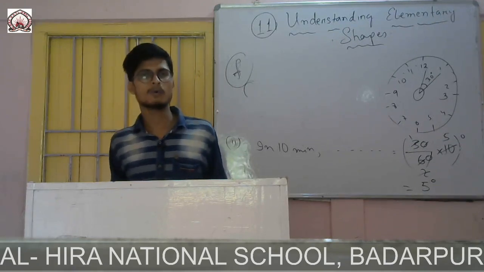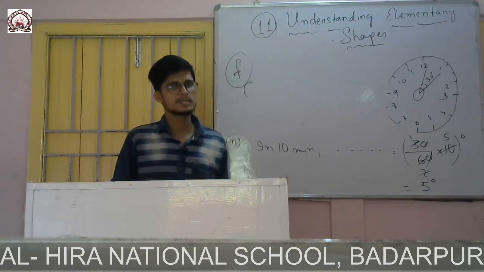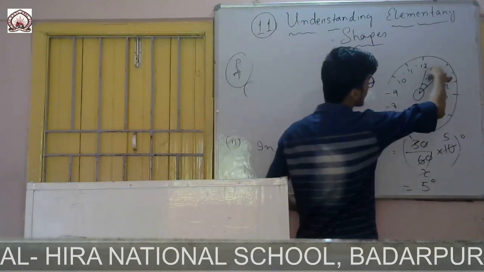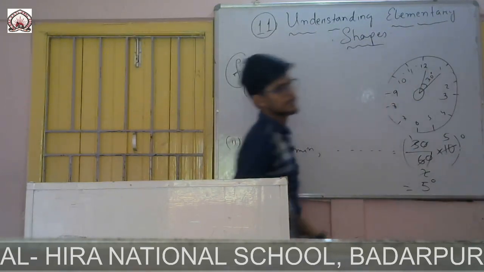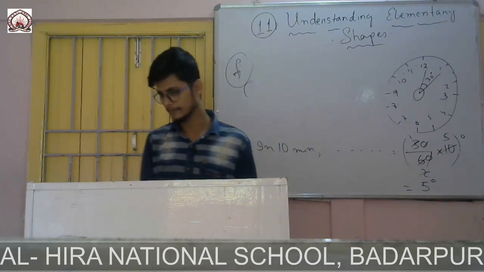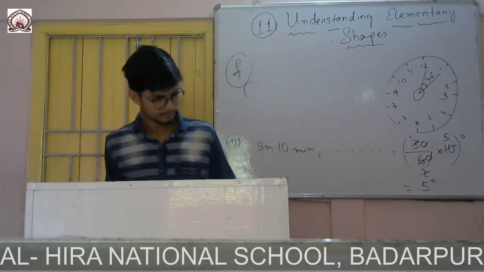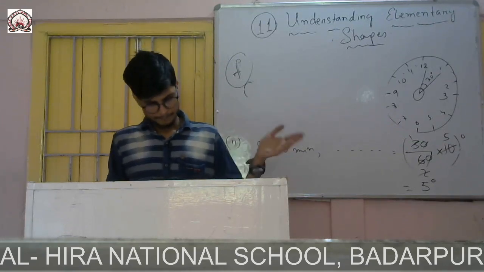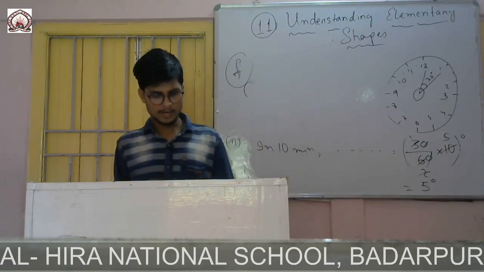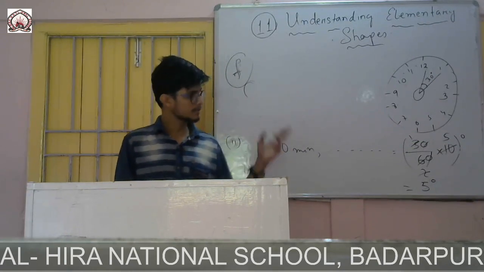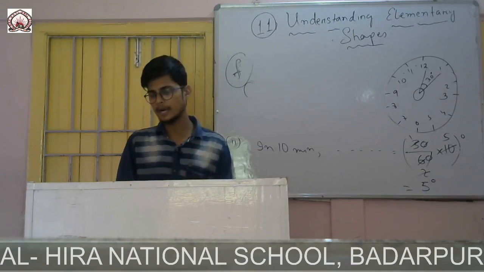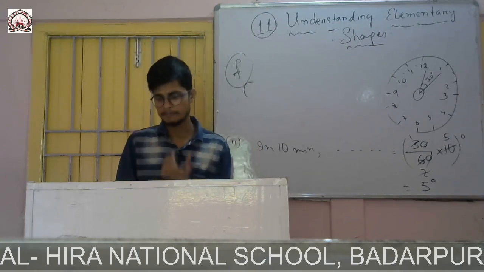And then for 2 hours, first of all you convert easily. For 2 hours you can find easily. For 1 hour it is 30 degree. For 2 hours it will be 30 into 2. It is 60 degree. Since in 1 hour the hour hand of the clock turns 30 degree, therefore in 2 hours the hour hand of the clock will turn 30 into 2. That means 60 degree.